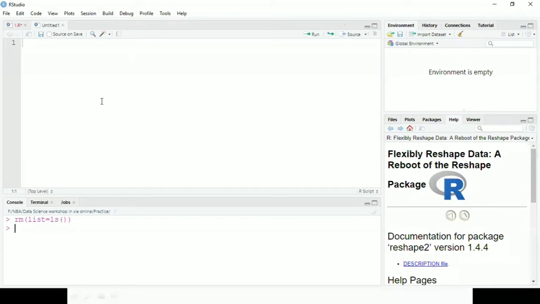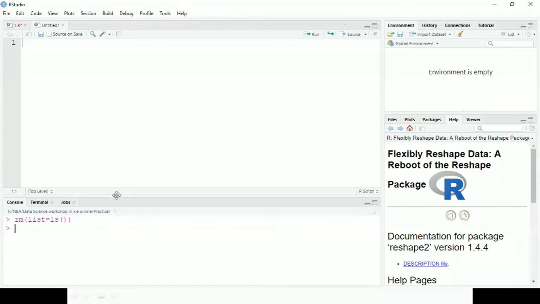Okay. So let me introduce you to this particular IDE a little bit, and then we'll start. If you see carefully here, we have 4 different windows, right? This is the first window where we'll be writing the scripts. And the one below is the console window. Here also we can type the commands.